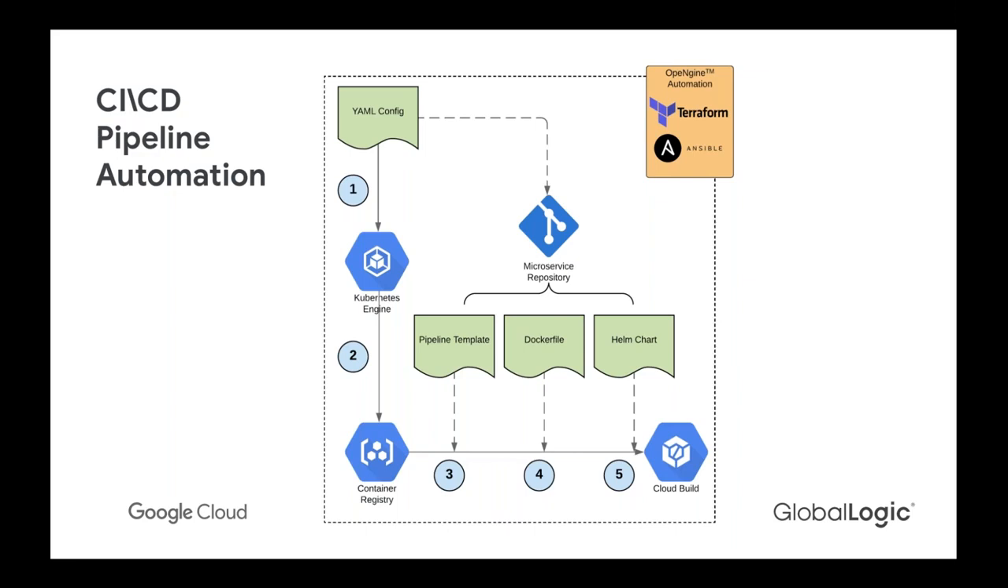So we have Terraform and Ansible scripts which take a YAML config file and provision networking and Kubernetes engine cluster or clusters. Then using information defined in the configuration file, we provision or we reference an existing container registry. Then actually in the configuration file there is a reference to a repository for a specific microservice, and in this repository there are 3 parts which we provide as templates. That's pipeline template, that's Dockerfile template, and that's Helm chart template